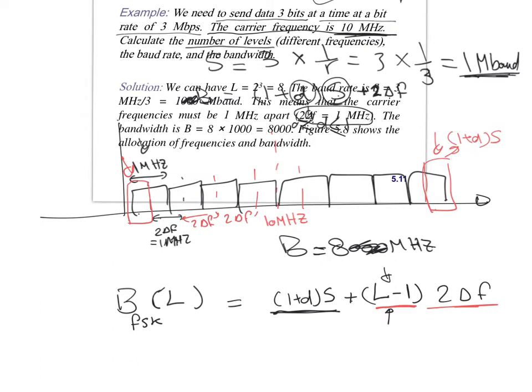So what is the minimum bandwidth? What is the value of 2 delta F for calculating the minimum bandwidth? Remember, 2 delta F is not the guard band. 2 delta F is the separation between the two middle frequencies of two consecutive symbols. So it's actually the distance between this middle frequency and this middle frequency. So it's this, not this. So when the guard band is 0, what is the value of 2 delta F?